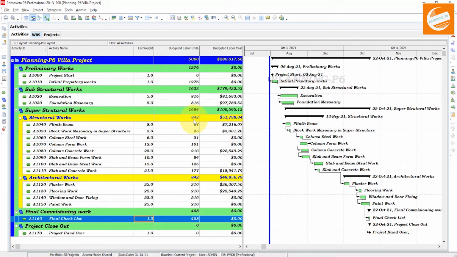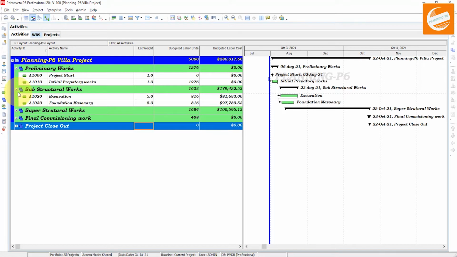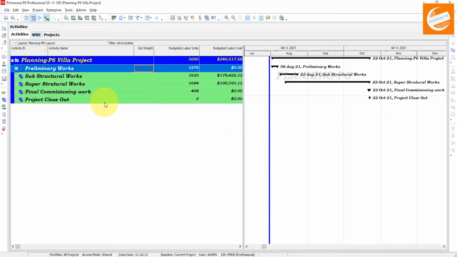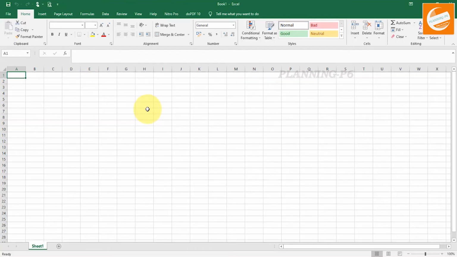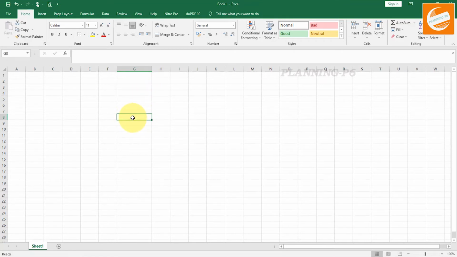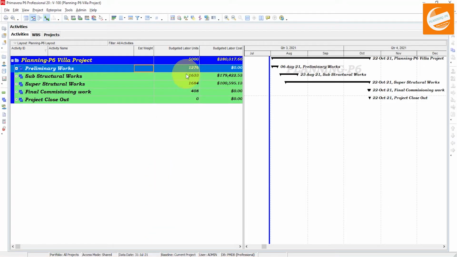67 is 840, it's 8%. You can calculate like that, but up to the WBS level we will see the weightages, and I will show you. Yes, open a new sheet. Just put your formula here, I will highlight it, and the formula is equal to,